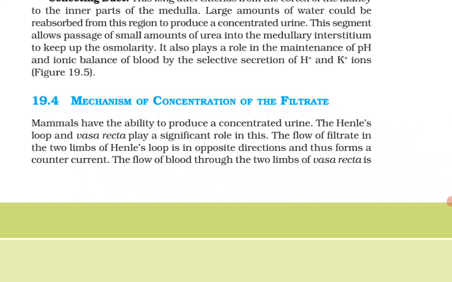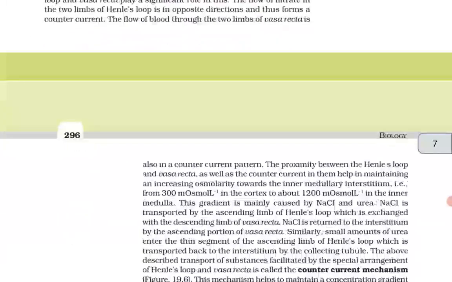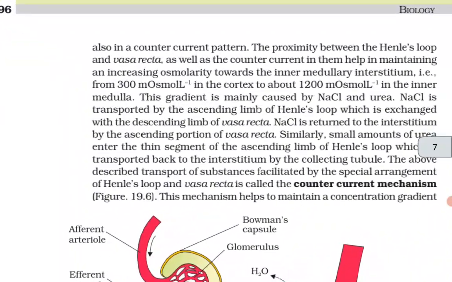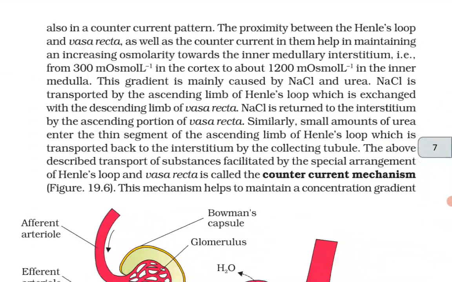The Henle's loop and vasa recta play a significant role in this. The flow of the filtrate in the two limbs of the Henle's loop is in opposite directions and thus forms a countercurrent. The flow of the blood through the two limbs of the vasa recta is also in a countercurrent pattern. The proximity between the Henle's loop and the vasa recta, as well as the countercurrent in them, help